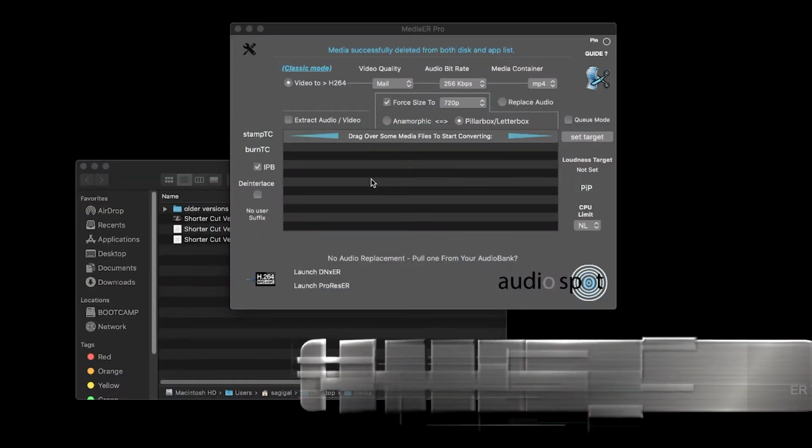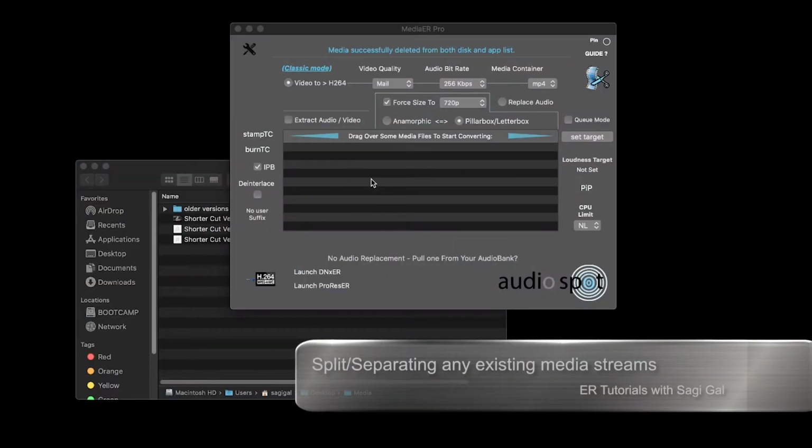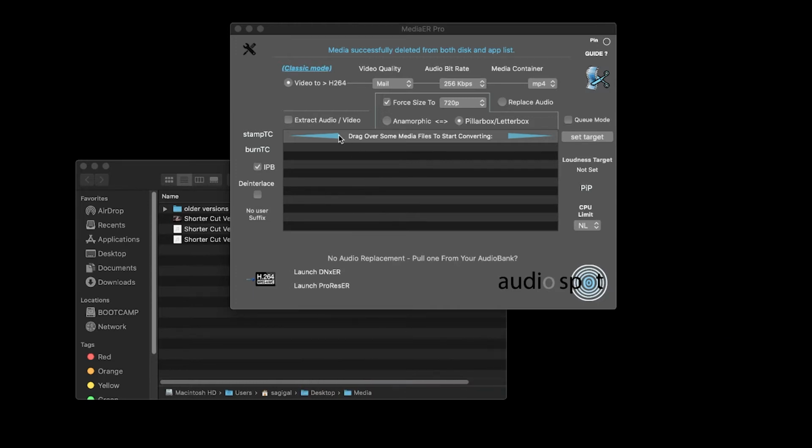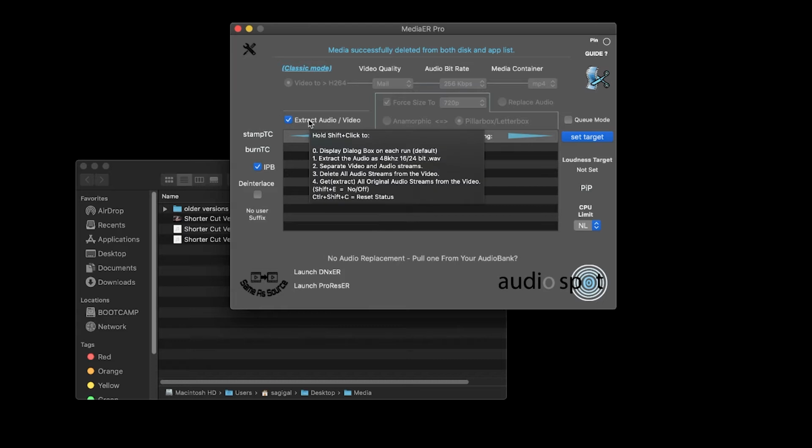Hi, let's extract the audio or split the audio and the video streams from each other. To do this, first click this button. Now that you have this selected, you can hold Shift and scroll through the various options like Extract Audio to